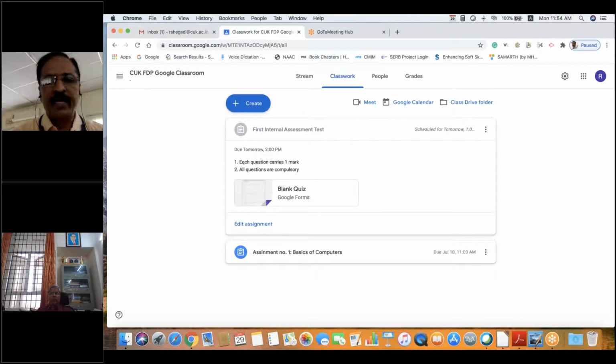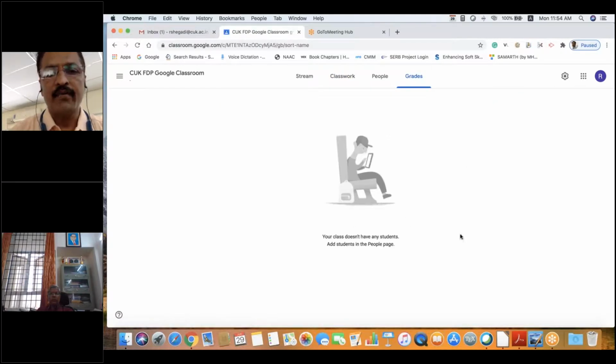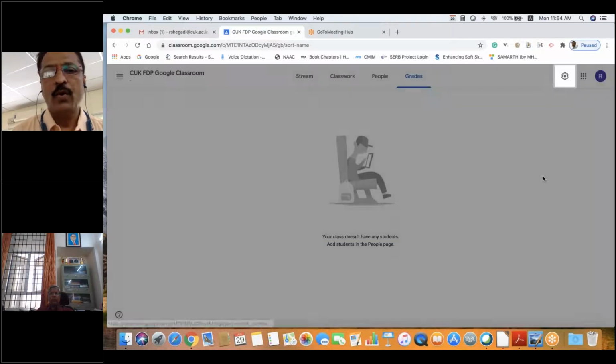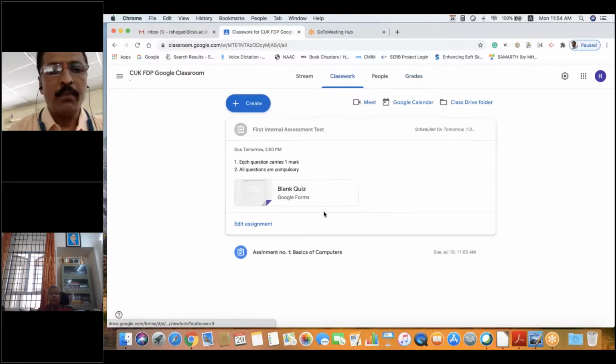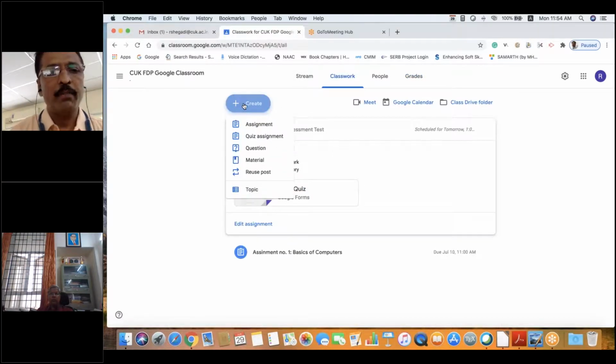After that, automatically the quiz answers, the correct answers will come to us, and even the marks will be available over here in the grade part. We don't have to assess anything ourselves. We will get everything over here. So this is how we can conduct the quiz. Quiz is one among the important parts of the things we have related to the classroom.